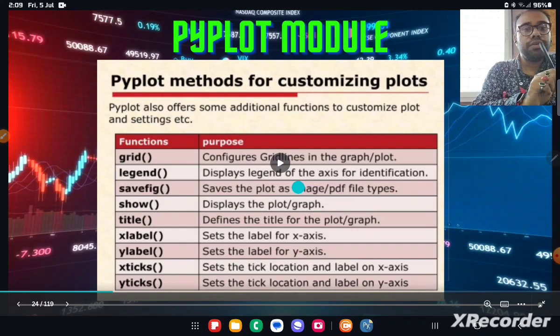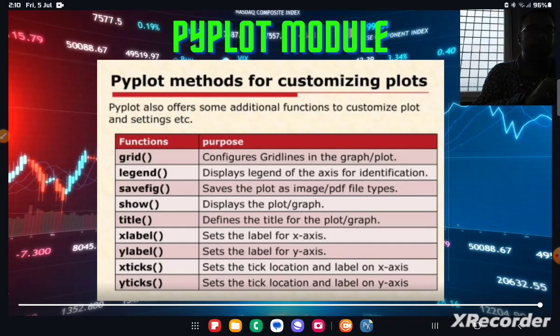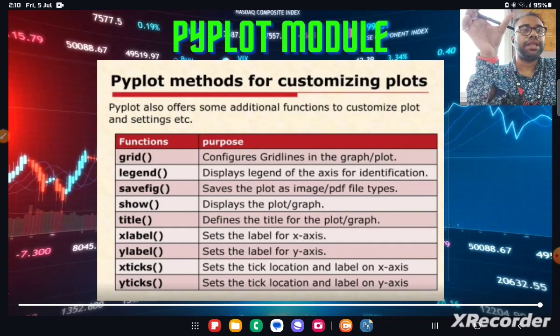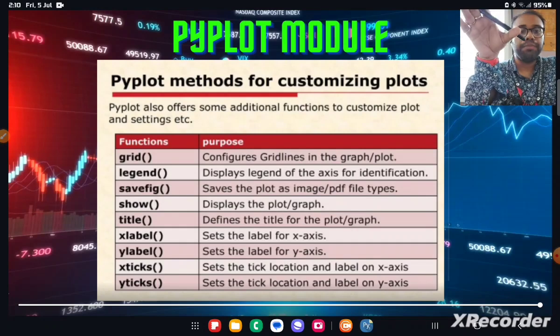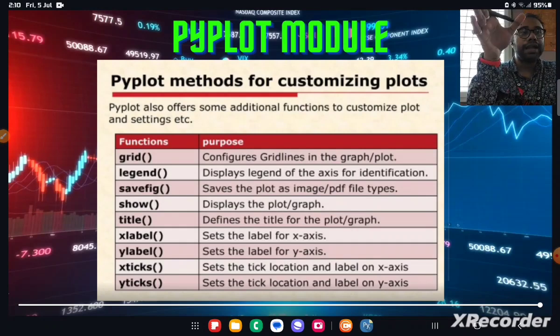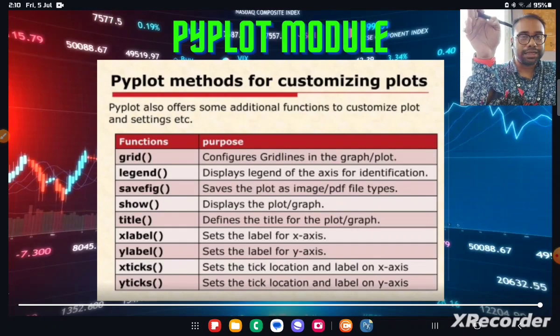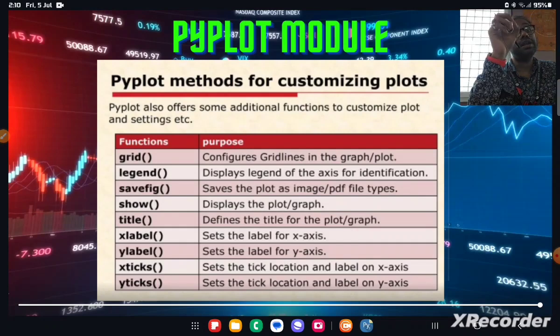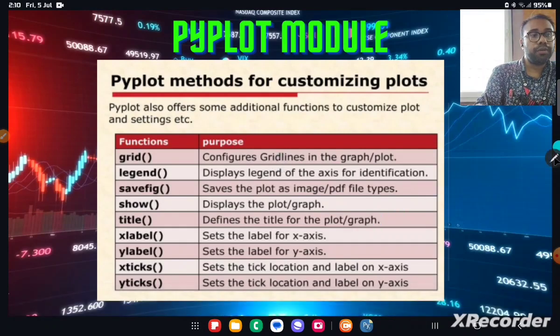Now next we have the savefig option. What is the utility of savefig? The savefig option is used to save the plot. Save the plot in the sense that it is used to save the graph that you have generated with the help of coding in your device, laptop, desktop or tab, whatever. Title is used to assign the title of the chart. X label is used to set the label for the x-axis. Y label is used similarly to set the title for the y-axis, and x ticks or y ticks are interesting. What is it used for? It is used for setting the